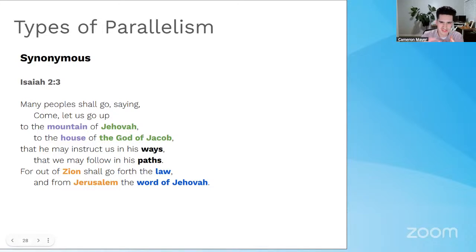There are other places too where the same Hebrew word will get translated a few different ways in English in the King James. And that actually ends up being not super helpful. They would do it that way because they were just trying to be expressive and go for what sounded nice and beautiful in English. But it actually starts to distract from and get away from the intended meaning, because we'll see, because it's poetry, the words are used very intentionally. They're placed very intentionally, and they have intentional meanings.